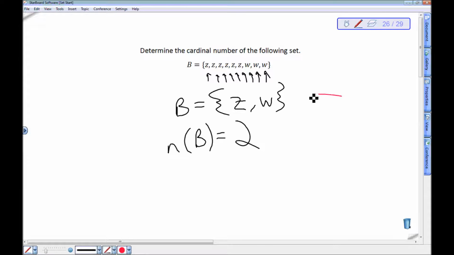And like I said, this would be a better way to write the roster version of it, because I only need to list out the things that are in there. Listing them extra times doesn't do anything with a set. There's a mathematical object that cares how many times an element appears in it, and that's called a bag. We're not going to do anything with bags, but thought I'd mention it.